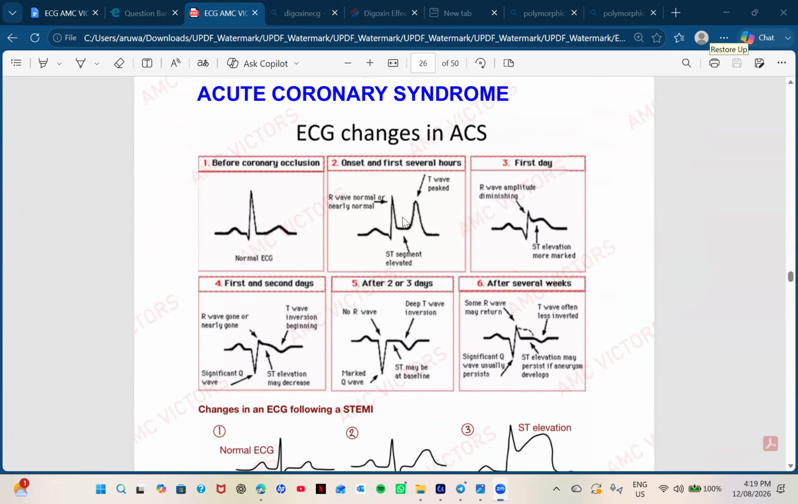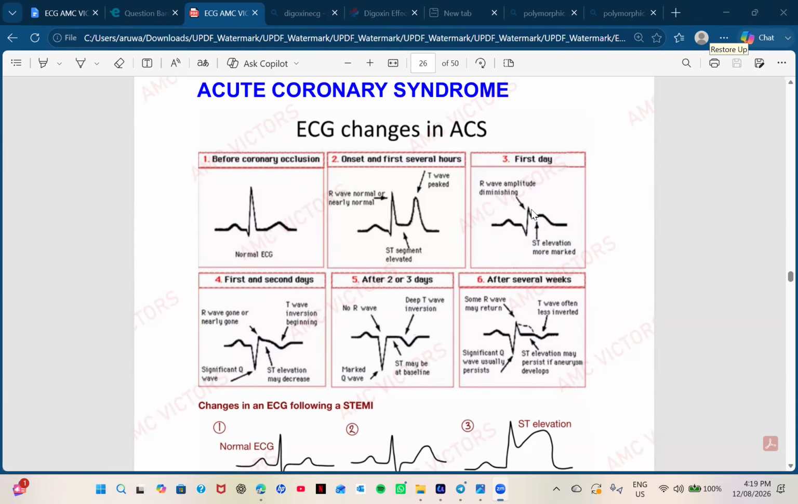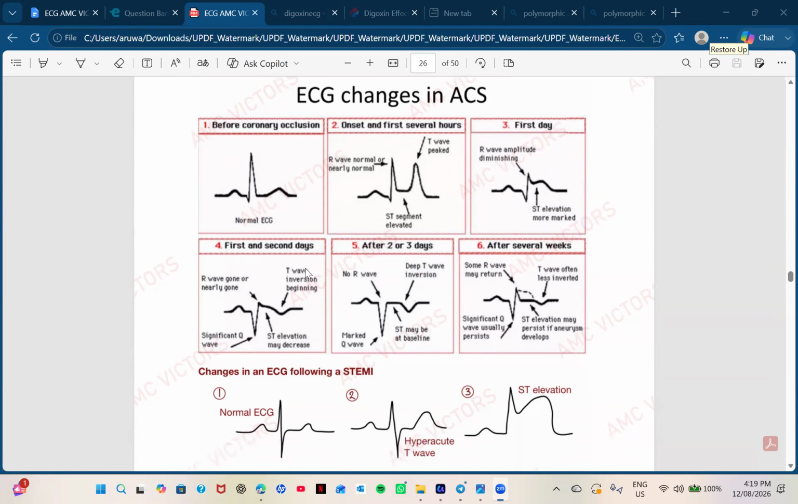R wave normal or nearly normal in the onset and first several hours. So in the first day, you can clearly say ST elevation, very clearly marked. You can see our amplitude is diminishing here because the ST segment is elevating, right? That's the reason. Then on the first and second days, the T wave inversion can begin and the ST elevation